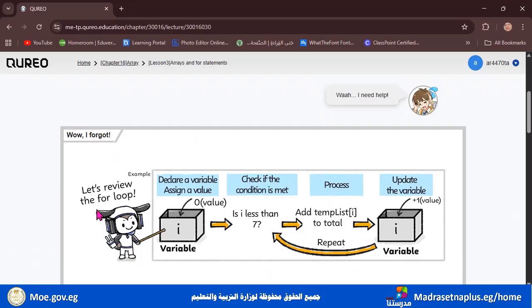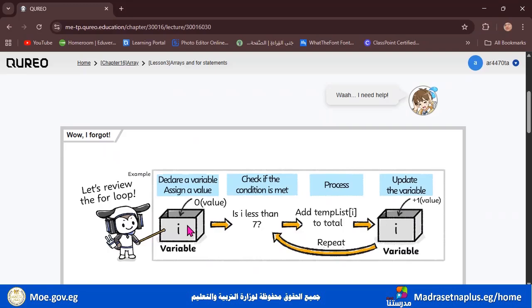How did we do it? We use the letter I as the name of a variable. And we start by writing I equal 0. So this is the value here of the variable I equal 0. And sometimes we change it to other numerical values, but we will start with 0. So this is how to declare a variable and assign the value to it. Okay, so we declared the variable name was I, and we assigned 0 to it as a value.